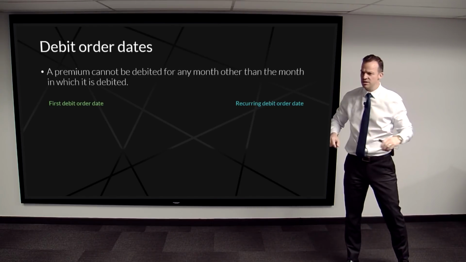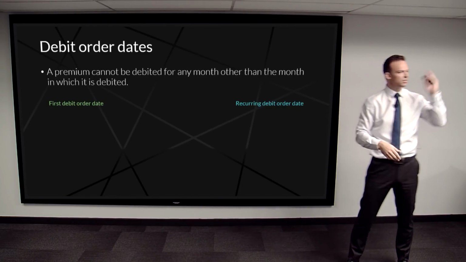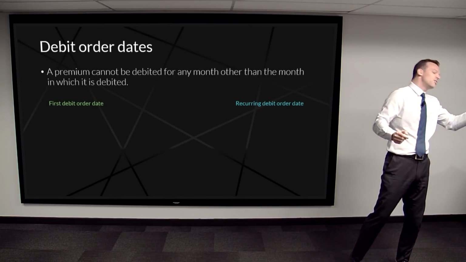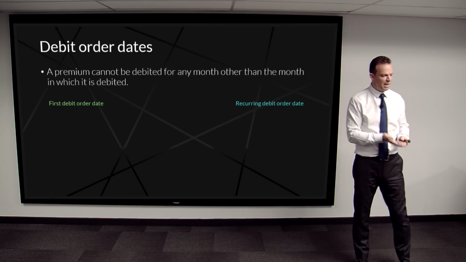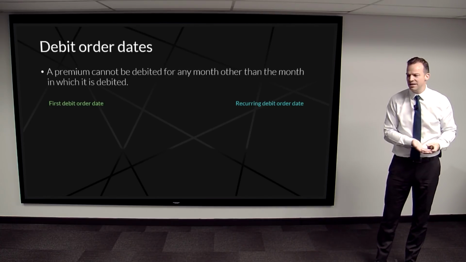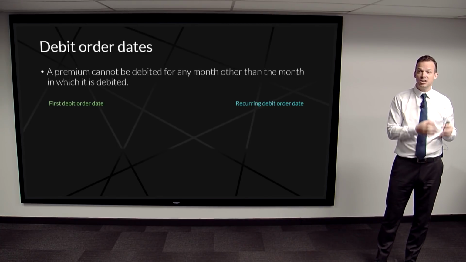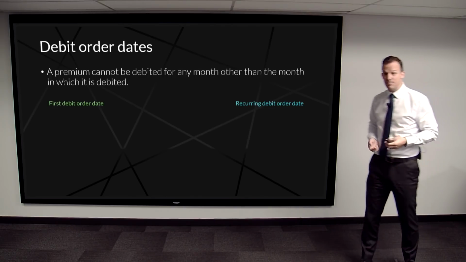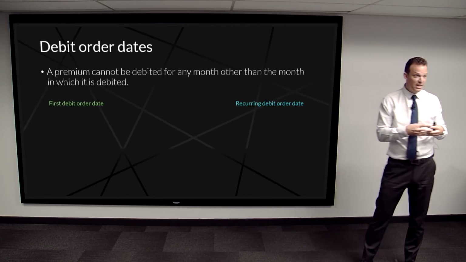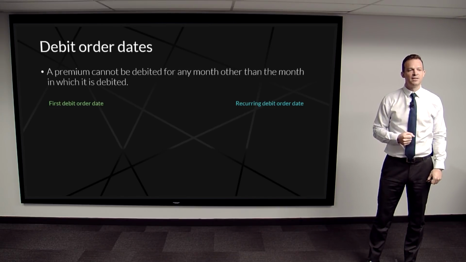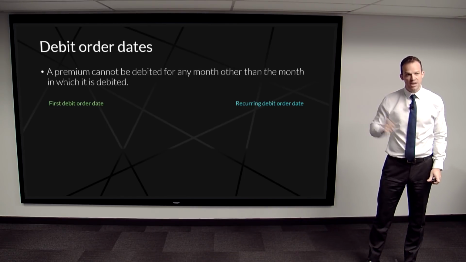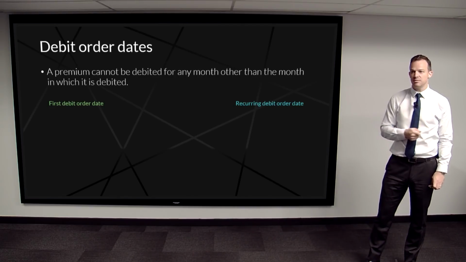Because you can choose when your debit order goes off. So from the first of the month to the last day of the month, we've got all these debit orders that go off. And then we've got a whole bunch of debit orders that fail for whatever reasons. Bank account details are wrong, or they don't have money in their bank account. And then what happens is those failures, we send those people an SMS. And we say, you've got 15 days to fix your debit order, right? You've got to phone client service and say, re-raise my debit order. And we will re-raise the debit order on your account.